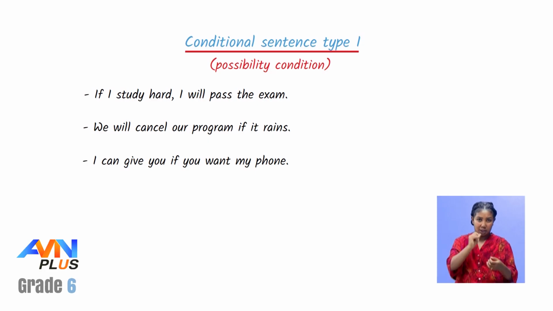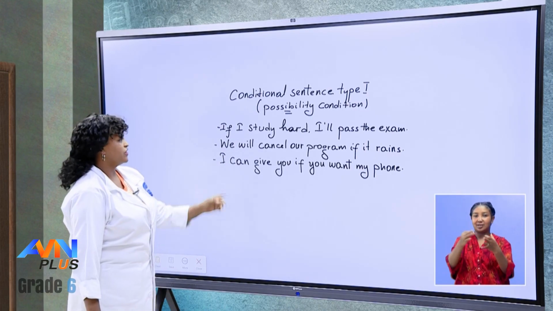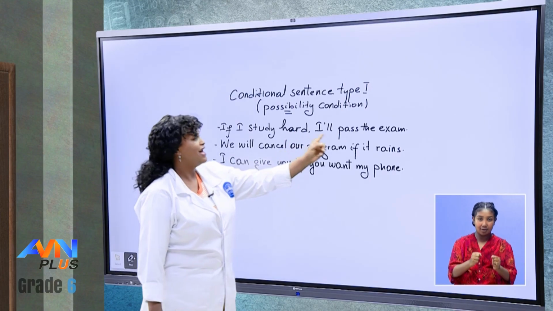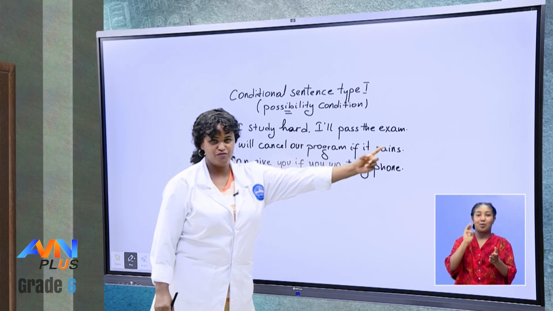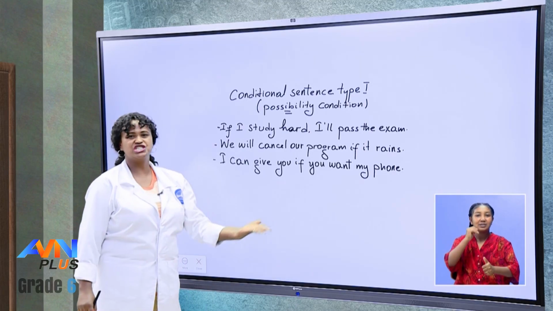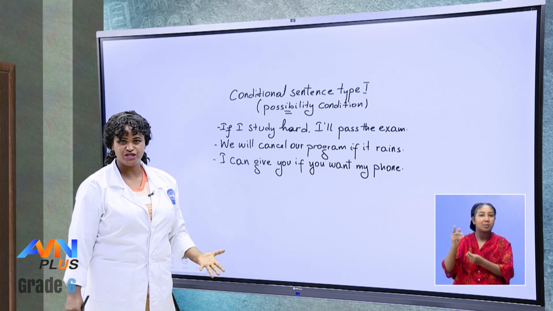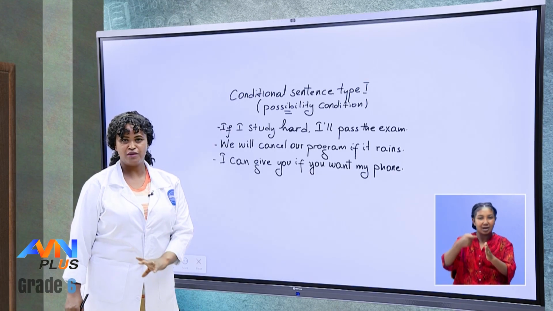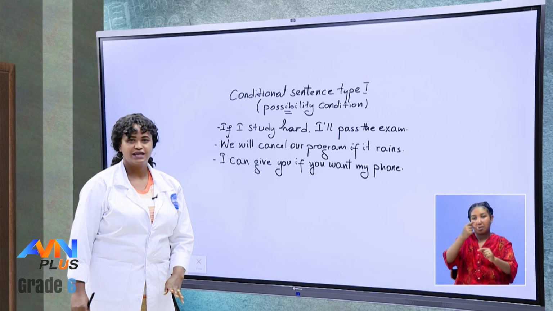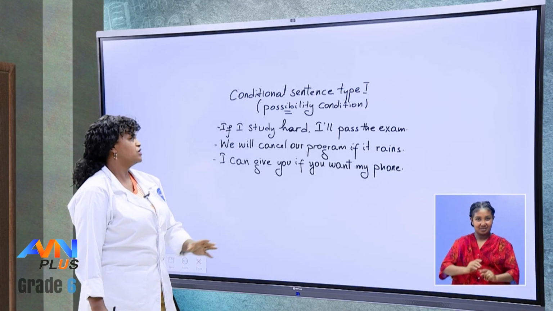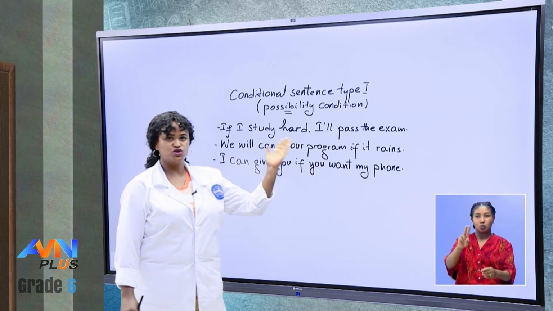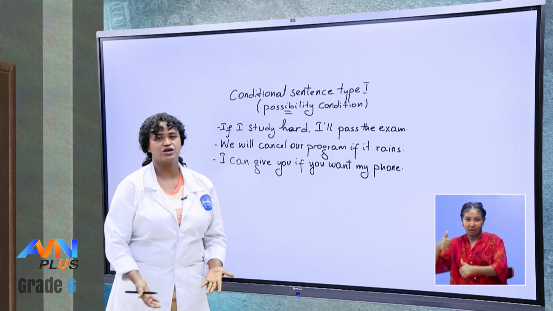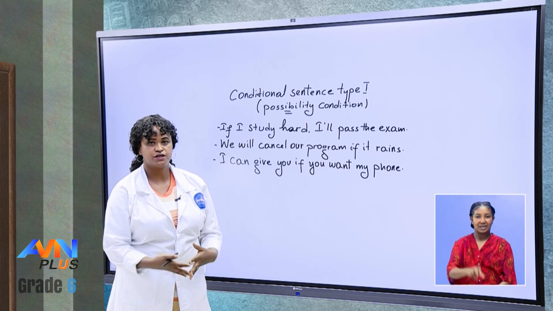All right, let us see these sentences now. The first one, if I study hard, all right, I will pass the exam. Which one do you think is the condition here in this sentence, or the situation? Let me give you 30 seconds to discuss with your families, friends, or teachers around and come up with the answer. When you see these two clauses, which one do you think is the condition and which one do you think is the consequence? 30 seconds.